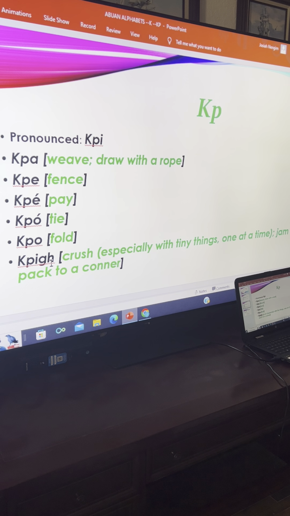Okay. And then here's another example. Be, e, ge, he. Be. And this is a unique word. Usually, it's a word used to crush something with pressure, especially tiny things, and you're crushing them one at a time. Usually people have lice, and maybe that's a word they use most of the time. You pick up lice from somebody's hair, and then you use your fingernails to crush them. And that is big, biggie goo,